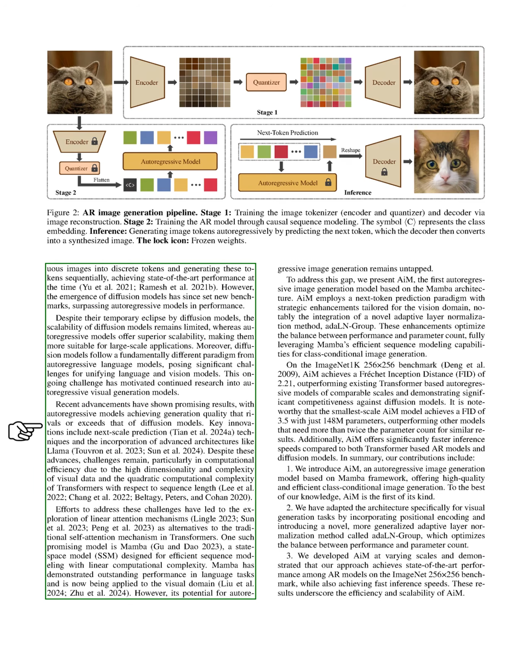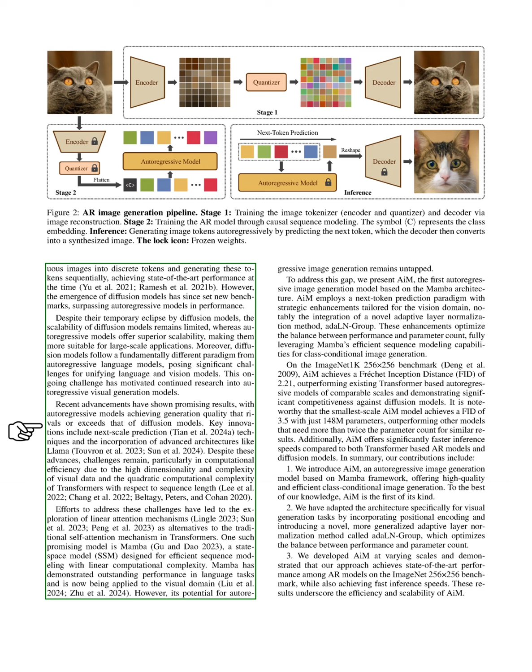Notable examples include VQGAN and DALL-E, which adapt the autoregressive method by converting images into discrete tokens and generating them one after another, achieving impressive results. However, the rise of diffusion models has set new performance standards, surpassing autoregressive models. Despite this, diffusion models have limitations in scalability, while autoregressive models are better suited for large-scale applications.